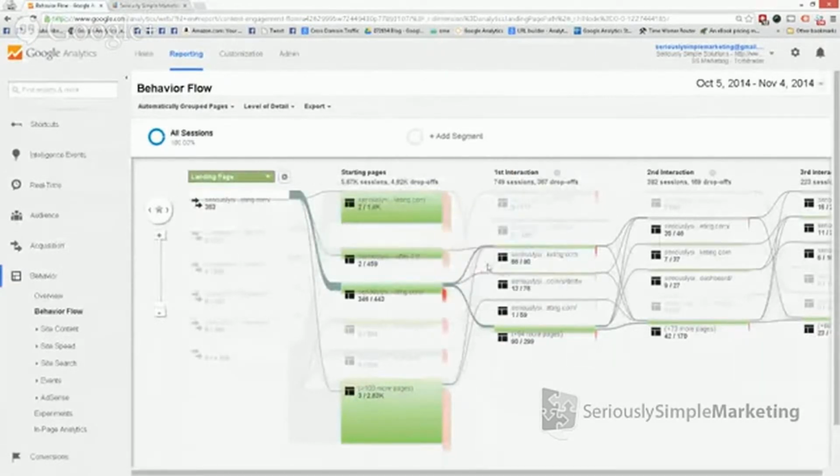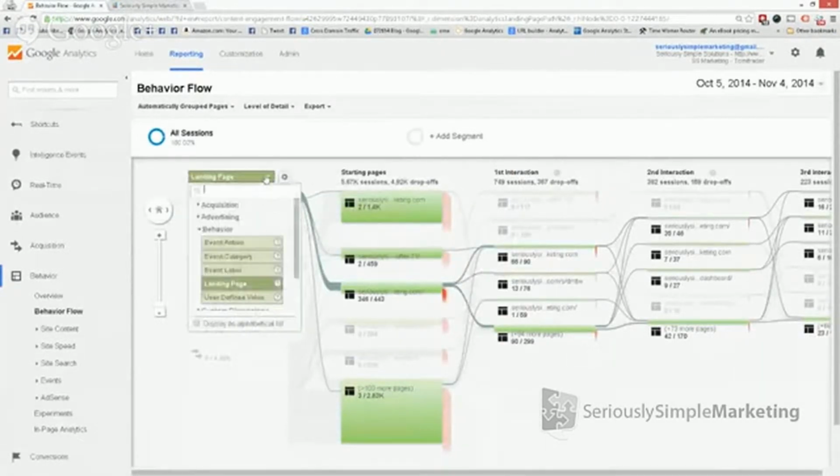Now, the other reason that you can use this is you can actually sort this by different segments. And we'll tie into this later with event tracking, but with events, you can track specific links people are clicking on. Google Analytics doesn't do that by default, but you can customize it so that it does. And I'm going to show you how to do that here. But you can actually click and say, okay, show me all the people who are clicking on buy buttons and what those people do, or what people that are clicking on my support links are doing on their pages, or how they're getting to support. Maybe you've got some navigation issues.